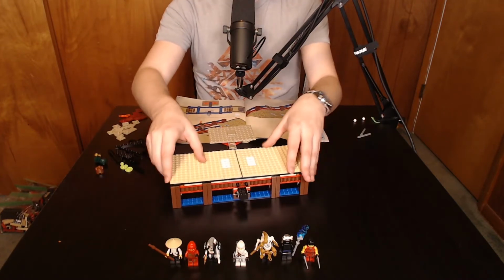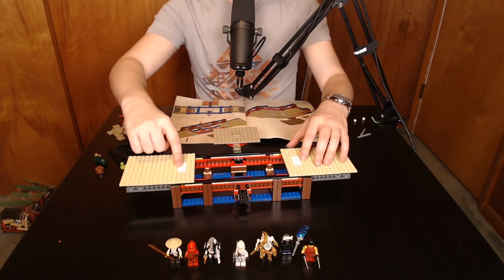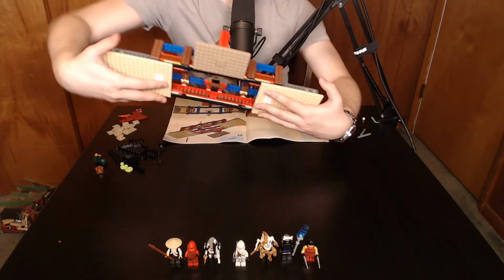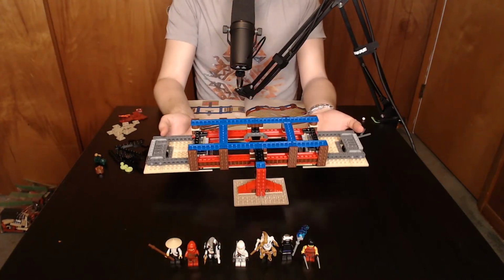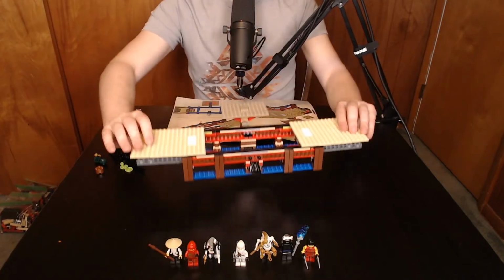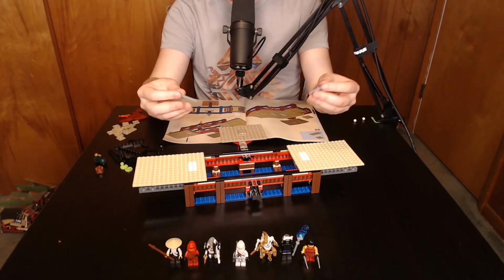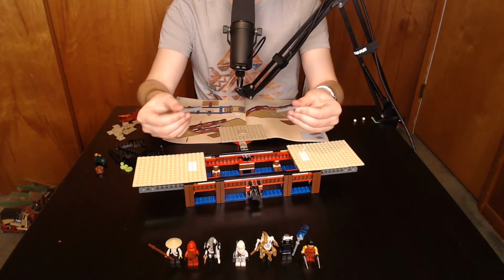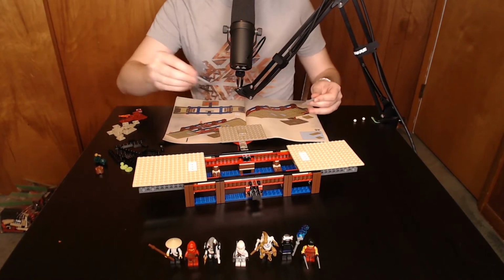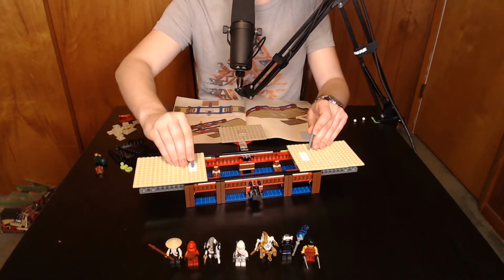Oh yeah, here's the next step. You have to open this up and then line these little holes in the white pegs up with the rubber bands that we placed all the way in the beginning. And they are lined up. Then you take these light gray, dark gray, no wait, there are light gray pieces, these are the dark gray. These dark gray pegs, slide them through,